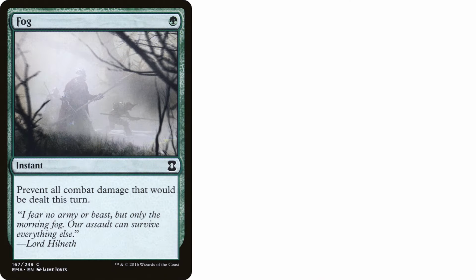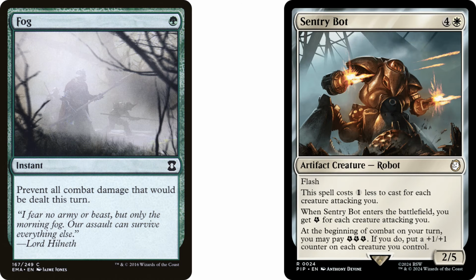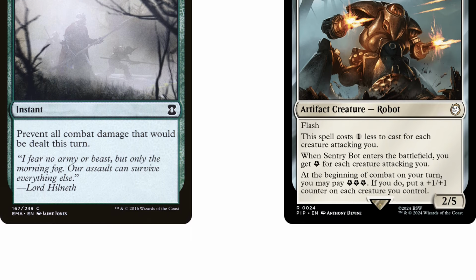I think it'd be fun to fog, then cast this card if you have a huge board swinging in at you. That way you don't take any damage, but still get all the energy from the attacking creatures, and on your next turn, you can buff up your board and maybe kill the person who attacked you in a blind rage of